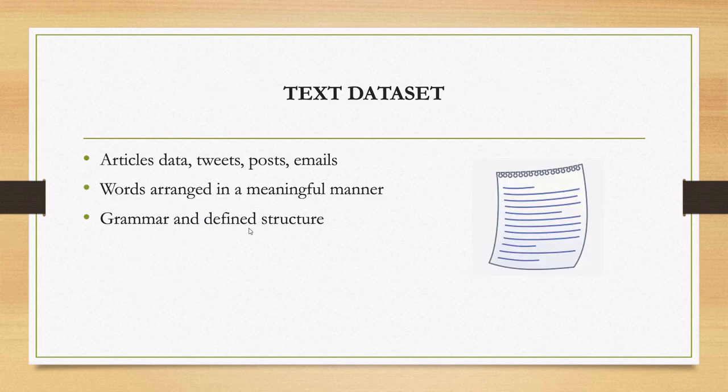Now, let us discuss a special type of unstructured dataset, the text dataset, which we will use in making a chatbot. We will use a Wikipedia article on photovoltaics as a dataset, and the chatbot will respond to all queries related to photovoltaics. Examples of a text dataset are social media tweets, posts, comments, articles or blogs. Text data is any written form of a language such as English or Japanese. It consists of words and characters arranged together in a meaningful manner. Now we have discussed what text data is. Let us discuss NLP.